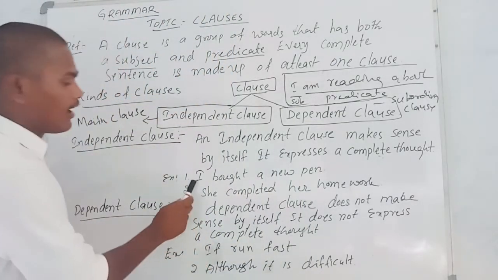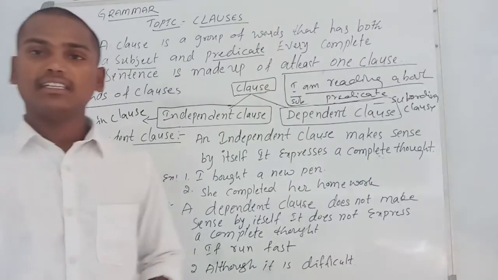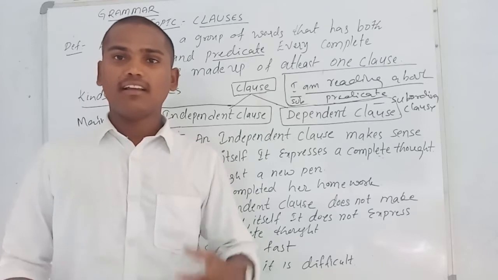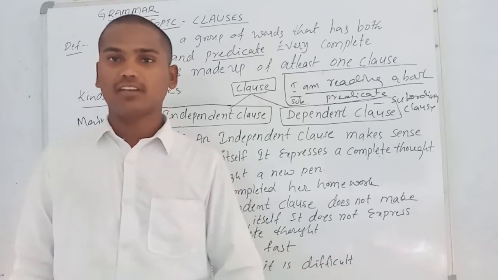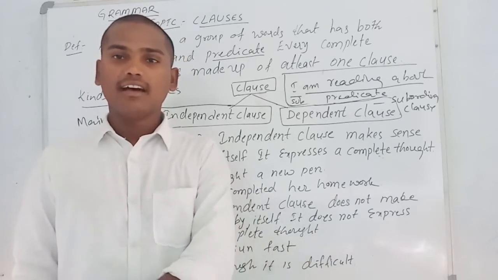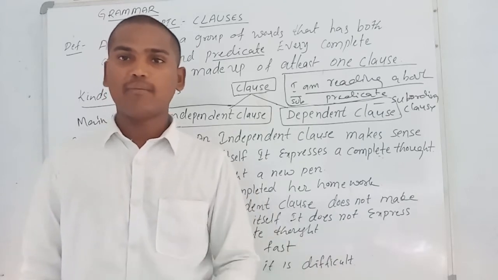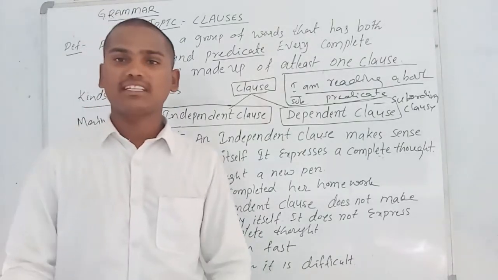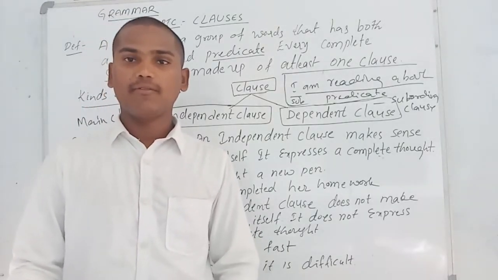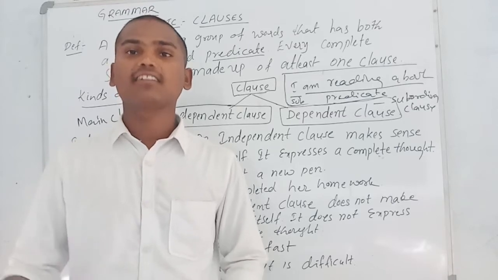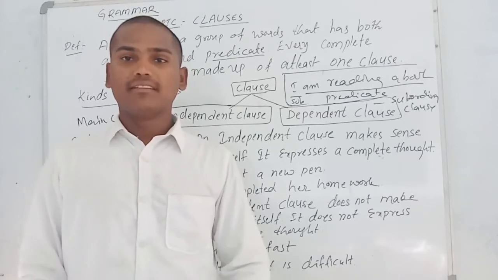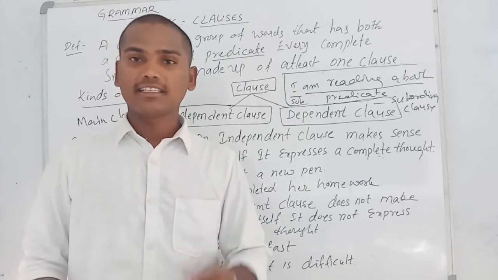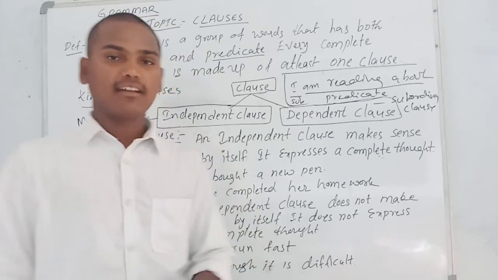Here are the examples. I bought a new pen. Actually, I went to a shop and I bought a pen. The sentence gives a complete thought. There is no confusion in understanding it. We are getting complete clarity through the sentence "I bought a new pen." Whenever we hear that from someone, we can definitely understand that the person bought a pen. There is a complete sense, a complete meaning in the sentence. Such sentences we call independent clauses in English.